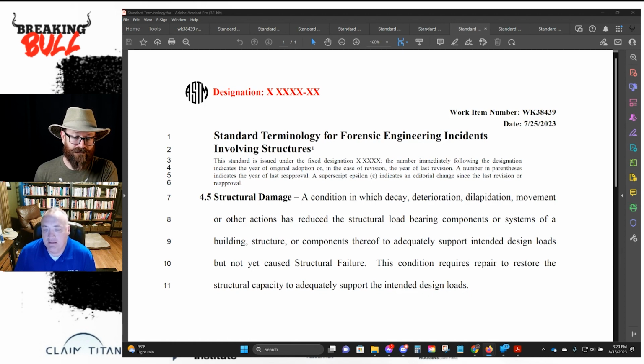Well, the intent, I think, is on the frame of the building, but they're not real clear in how they've phrased it. And I could see this language being used to apply to more than just the frame of the building. But the problem I have is that parts of a building do a lot more than just carry design loads. They may keep snow out. They may keep wind out. They may keep ice out. They may keep dirt and grime out. To focus purely on the structural failure, to me, is a problem.